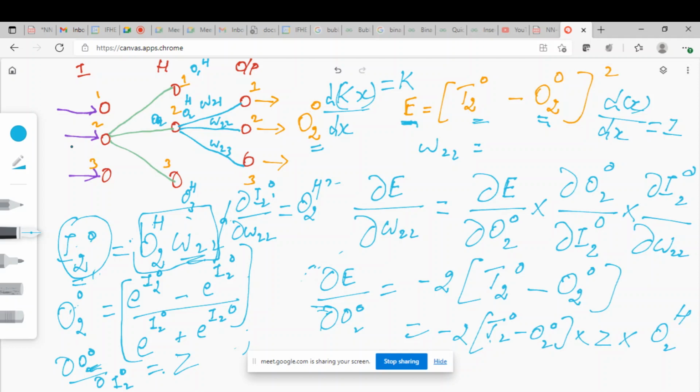The length keeps increasing as you move towards the front of the list, or as you move towards the input layer. In the real world, there will be neural networks with hundreds of hidden layers. Then you can just imagine how lengthy this chain rule will become, right? So that's the whole story here.